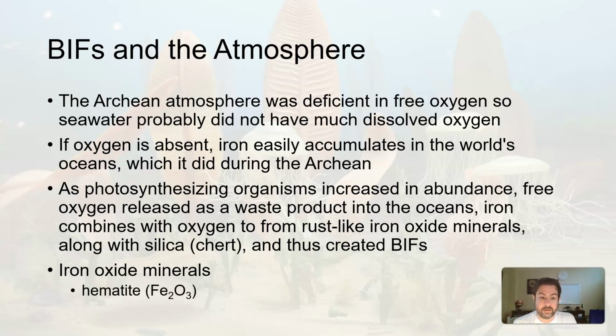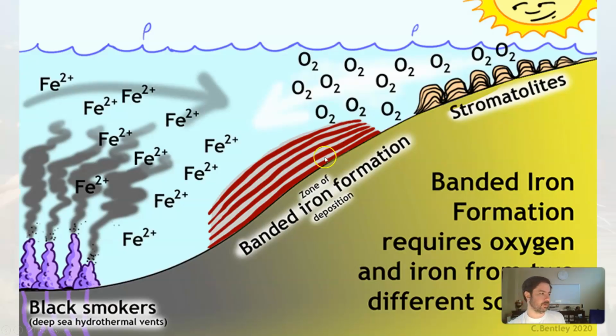You get 2 iron atoms, iron's Fe, combining with 3 oxygen atoms, or magnetite, 3 iron atoms combined with 4 oxygen atoms. So how did this work? Again, there's all this iron floating around, whether it's from weathered material from the continents or these black smokers giving off